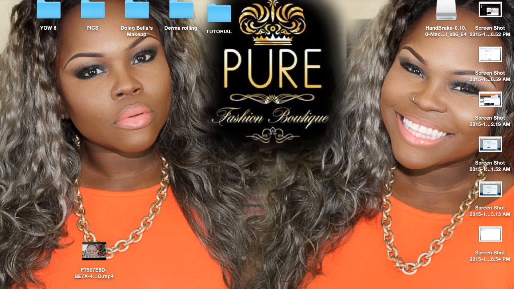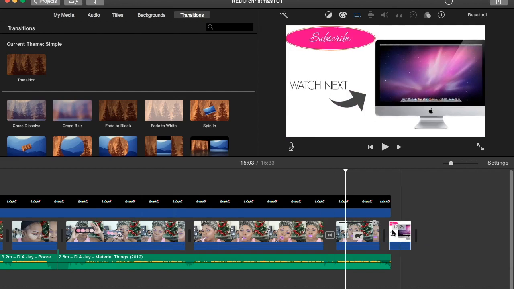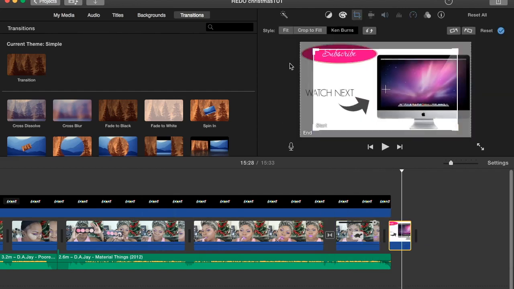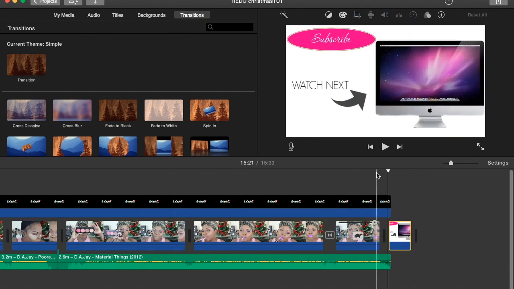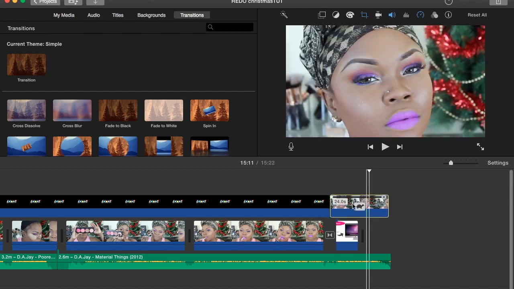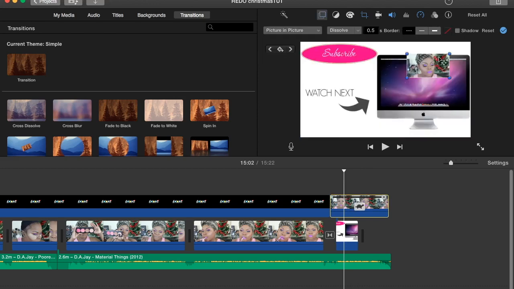Alright guys, so this is what I'm going to do now. I'm going to go back into my iMovie, and I have clips already loaded here. So I'm going to take this clip to show you guys how I put the video into this little space here. Double click that, click fit, click the tick, select this and pull this on top of that. I'm going to click this image because it's on top. Click that and then do this drop box, and instead of it being cut away, I'm going to select picture in picture. As I select picture in picture, it looks like this. Then pull it down and widen it so that it fits right into